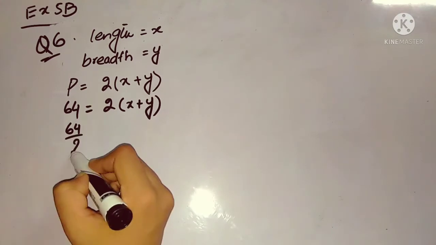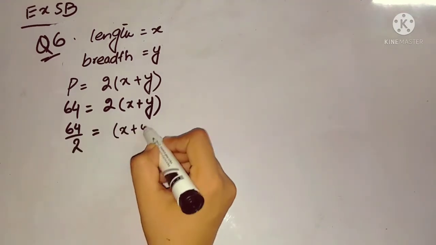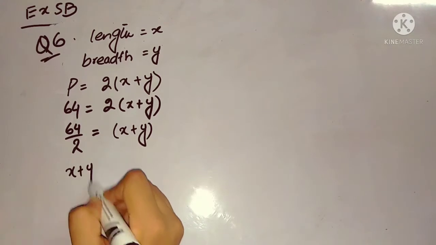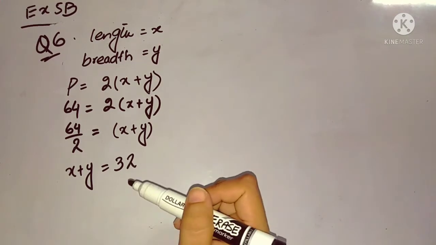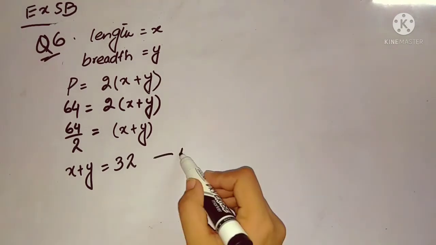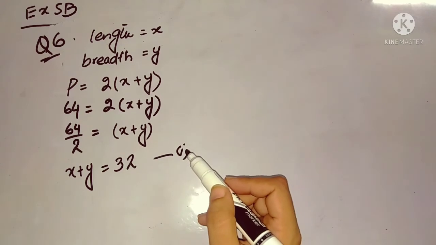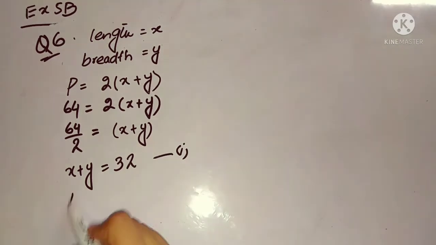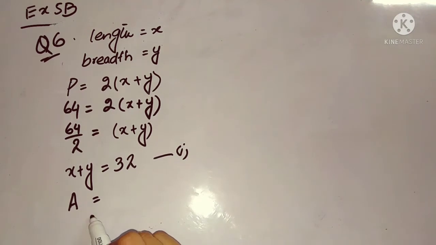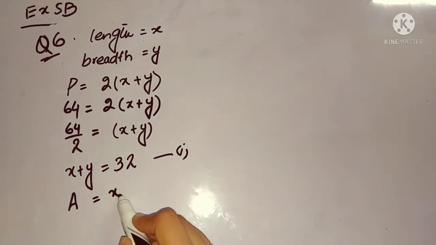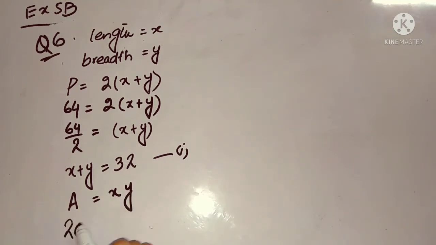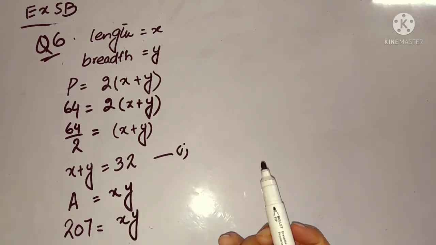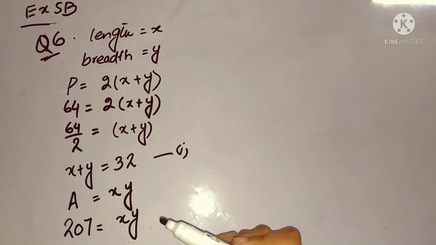First we will use the formula of the perimeter. You know the formula of the perimeter is 2 times length plus breadth. Here we have assumed the length is x and the breadth is y, so we add them: 2 times length plus breadth. This is the formula to find the perimeter. In the question, the perimeter is given, which is 64. So you write down 64 is equal to 2(x plus y). Now this 2 is multiplying, so when it comes to this side, 64 will be divided by 2. So x plus y will be equal to 32, since 3 twos are 6 and 2 twos are 4. So x plus y is equal to 32. We can call it equation 1.